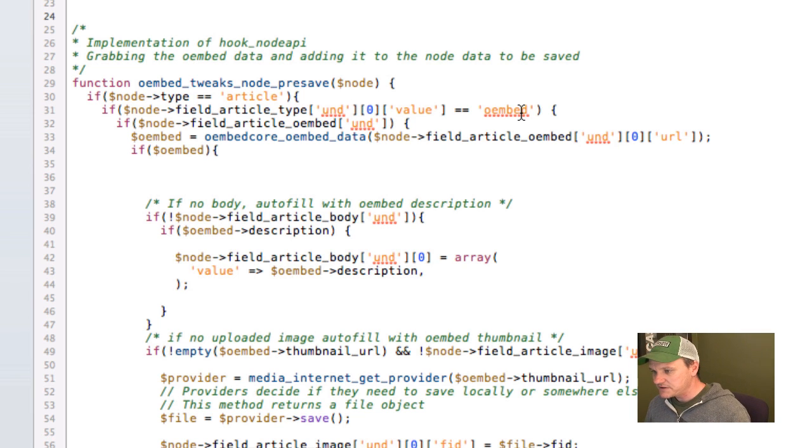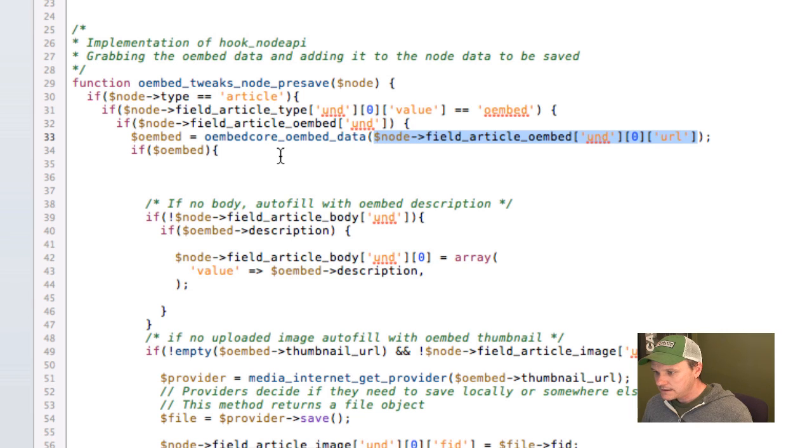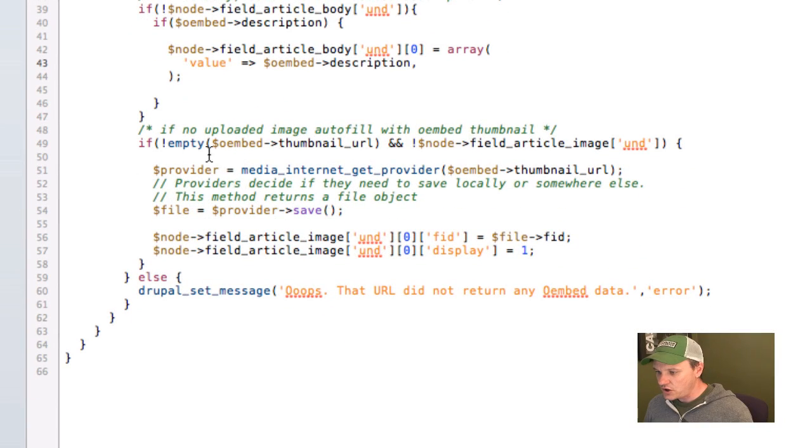article and the article type is Oembed, then go ahead, and this is where we're using the Oembed module. This is the only place we're using the Oembed module. We're using its function to go out and grab the URL that is populated in this field right here, process that, and return it to me. It returns as an Oembed variable right here. Now we go through and we populate the description with the Oembed description. And then if there is a thumbnail URL, which is included in the Oembed data, and we